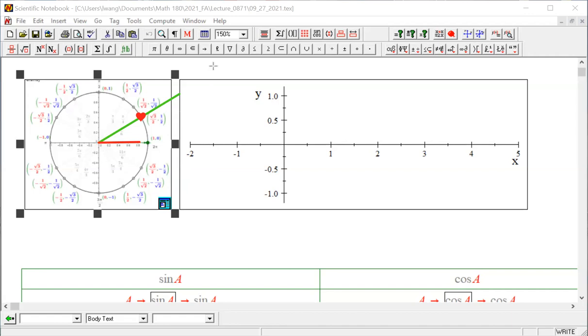And the blue number is half. You guys see that? So the red number corresponds to